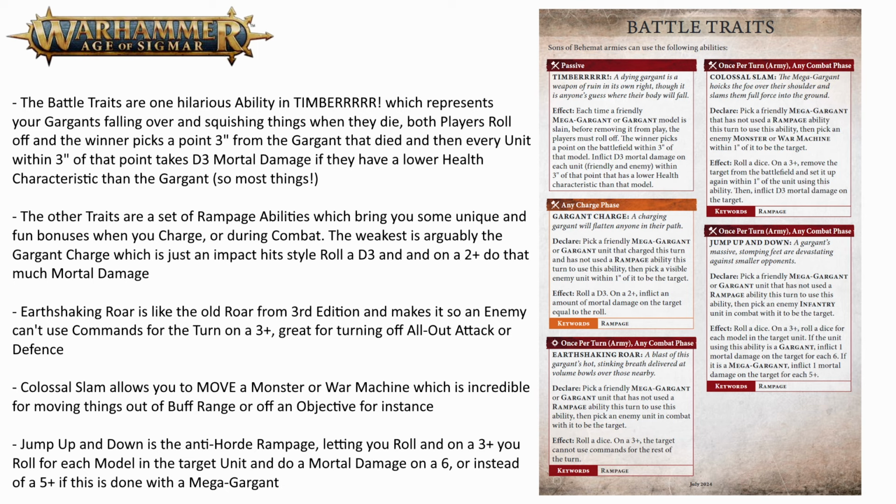Colossal Slam is a fairly hilarious one that lets you pick a monster or war machine within 1 inch of your Gargant in the combat phase, and again you have to roll a dice, and then on a 3+, you can pick it up, and then you put it back down within 1 inch of your Gargant, and then it takes d3 mortal damage. But the big thing here is it doesn't say you have to put them down where you pick them up from, so you can swing them anywhere around your base as long as it's within 1